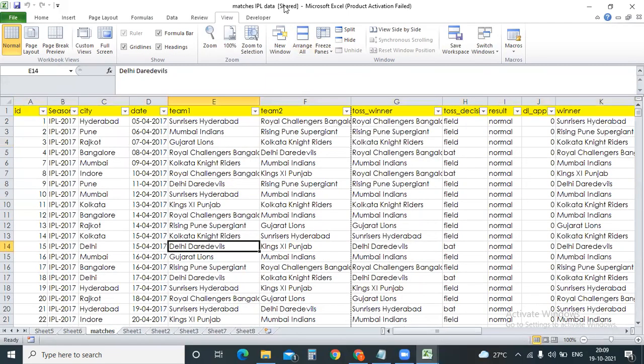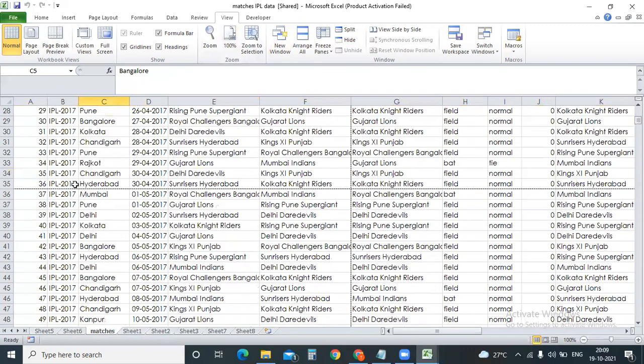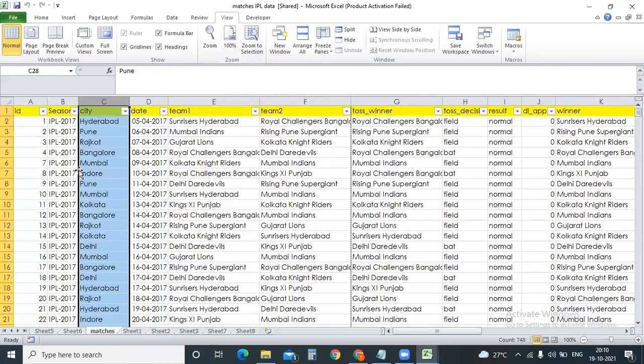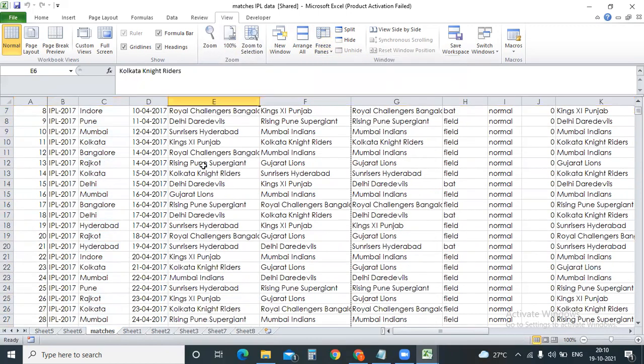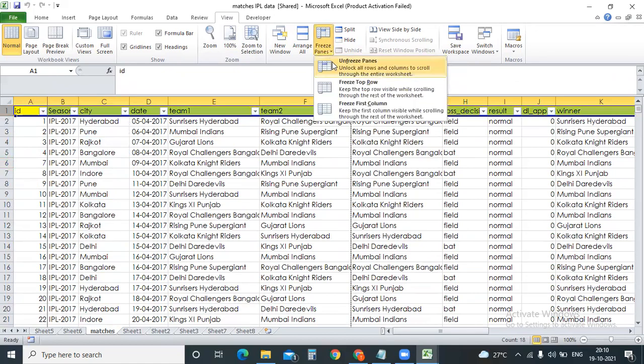Okay, so now let me start with the view ribbon. So in the view ribbon there are multiple options, correct? New, arrange all, freeze, split, hide, and a lot of other options. Okay, yesterday we discussed the freeze options. See, why the freeze option? For example, if I'm scrolling down right now, I don't understand what data is provided in column C. Now what we can do, scroll up, select the first row, go to freeze the top row, or freeze the first column. Now if you scroll down, sorry, freeze the top row.